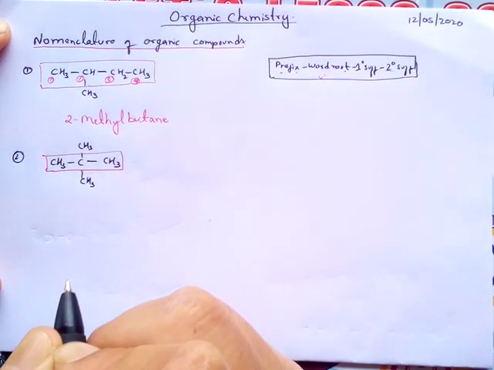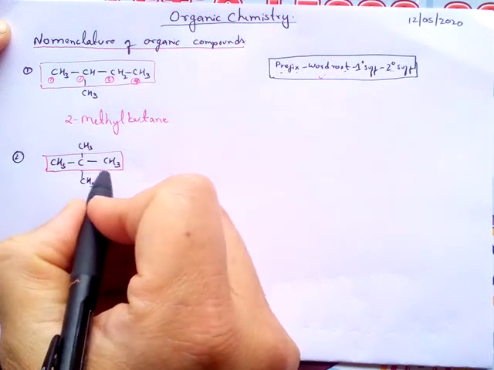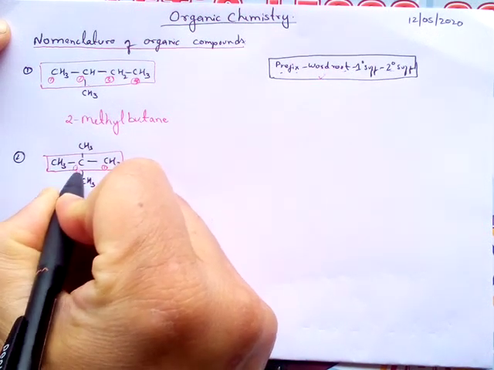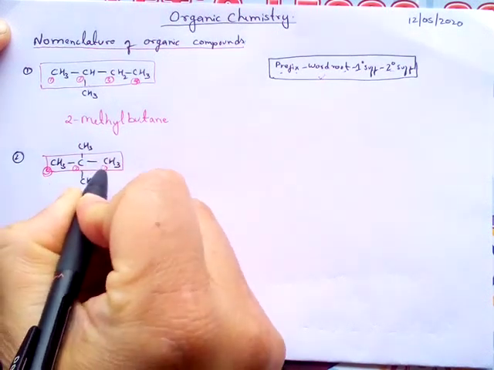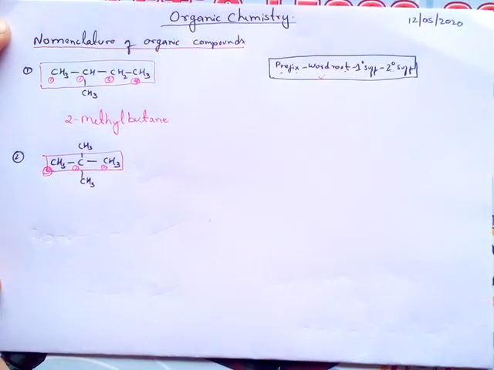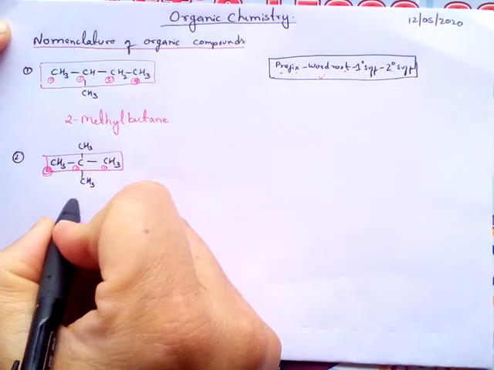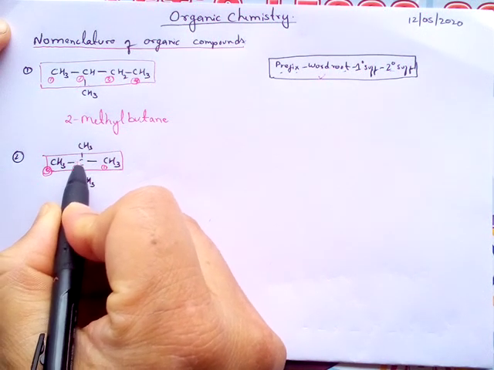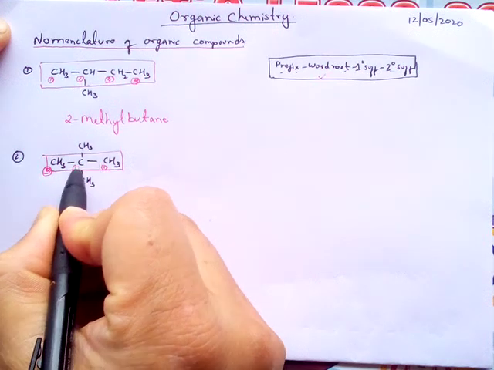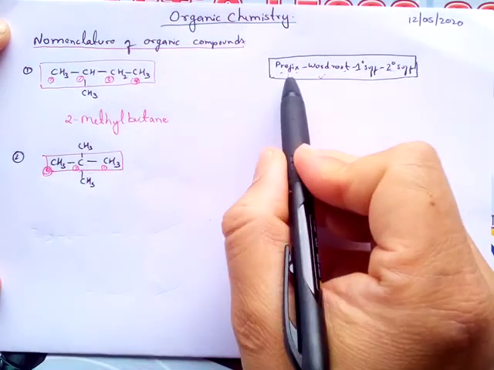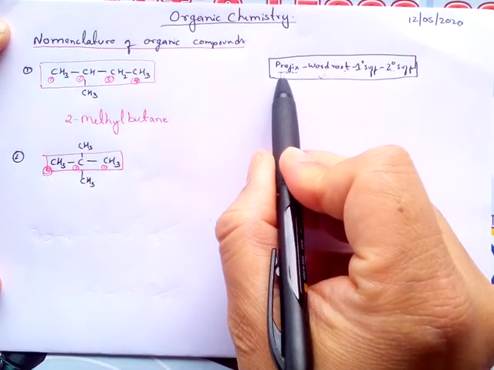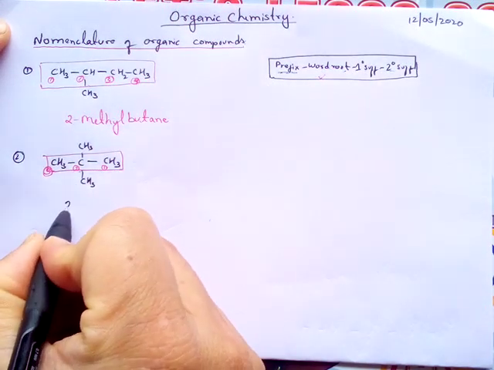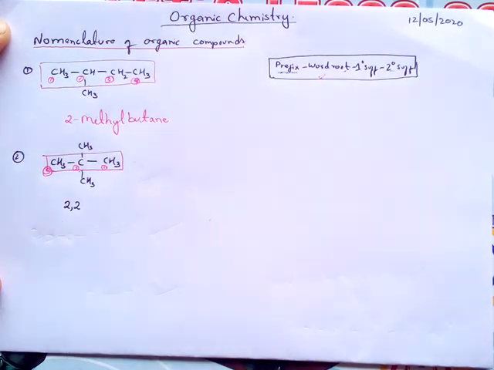Now which side? Because these two are at equivalent positions, you can number from either side. Remember, either side, no issue. 1, 2, 3. So now you can write it. There are two branches at the 2 position, carbon number 2. This numbering is for carbon, remember. So first we have to write the prefix. Prefix means branch. There are 2 branches at the 2 position, so you have to write 2,2